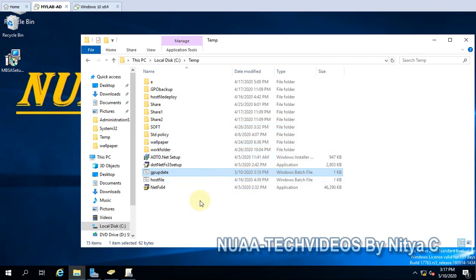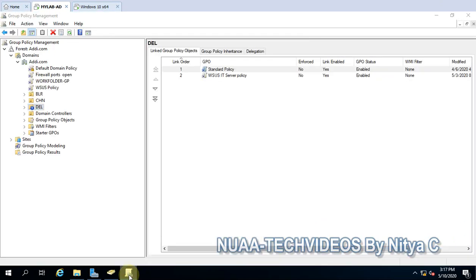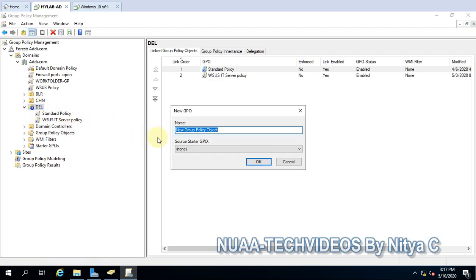Let's open the Group Policy Management Editor. I have already opened it, and this is the OU. Here we will create a new policy because this is my test infra. I'll create one new policy with the specific name, Group Policy Update.